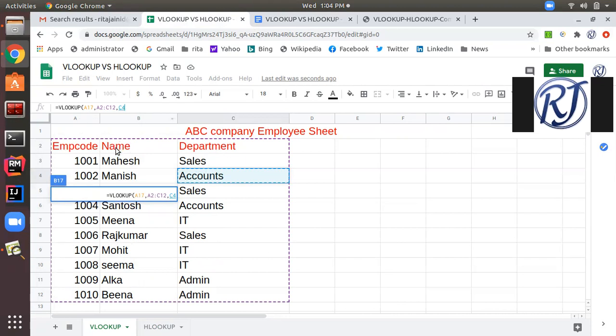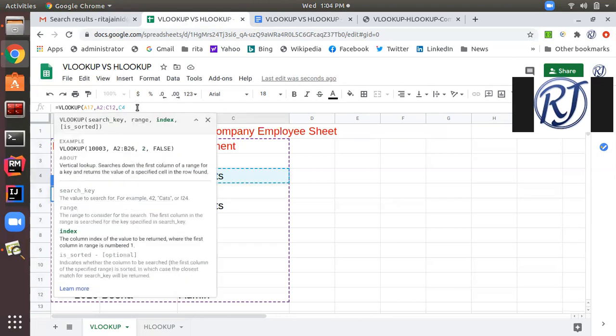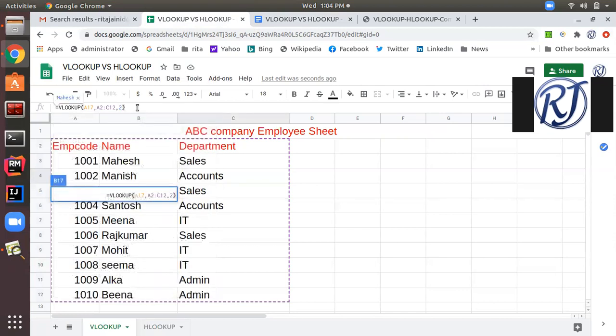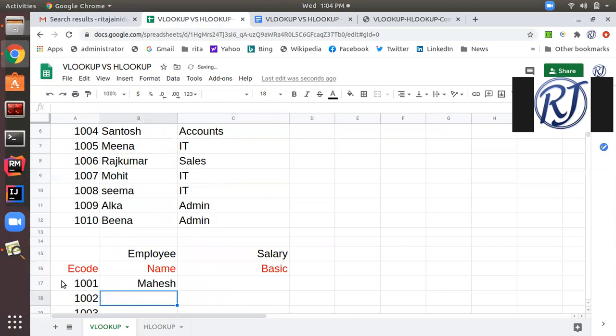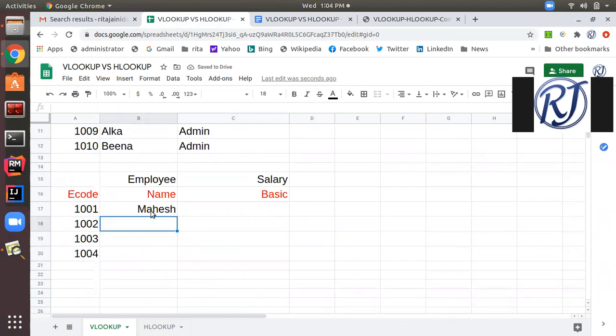So the column index for name is 2. I will enter 2 here and press enter. See, it automatically fetches the name corresponding to this employee code 1001.